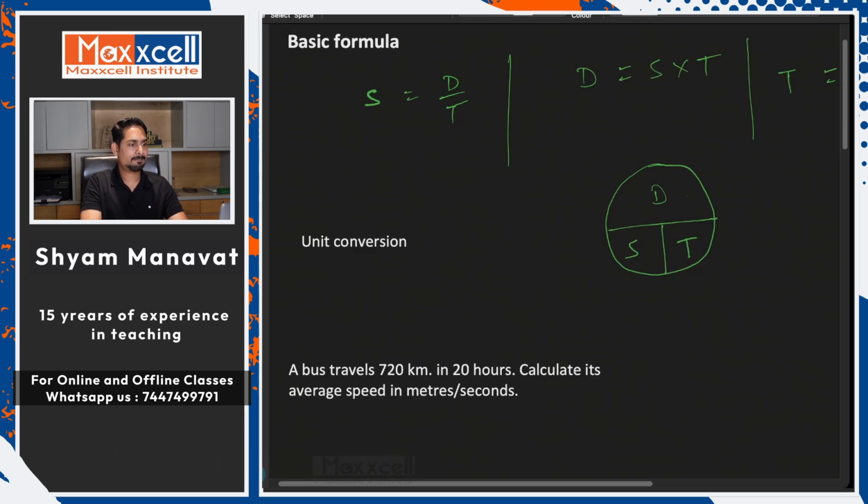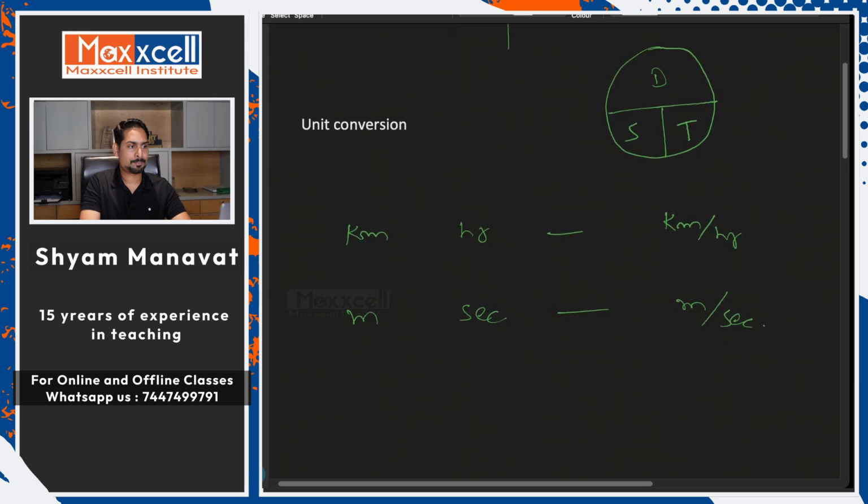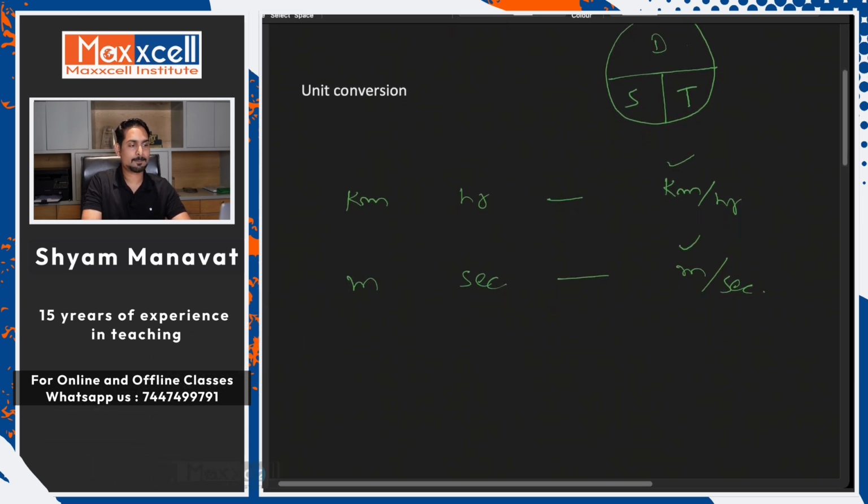Now we have a unit conversion. Okay, so we will usually see the unit of distance as kilometer and unit of time as hour. So the unit of speed becomes what? Kilometer per hour, right? If you see meters and seconds, then the unit of speed will become meter per second. Now, what is the relationship between these two units? So the relationship is,